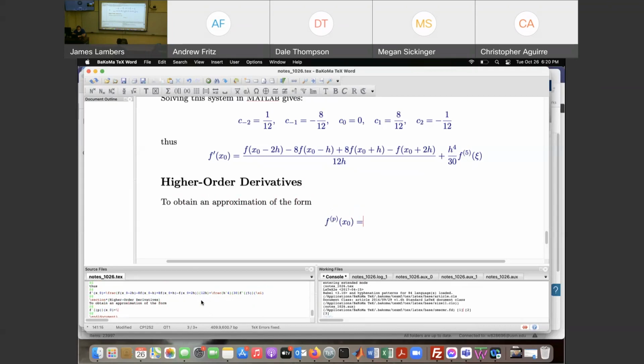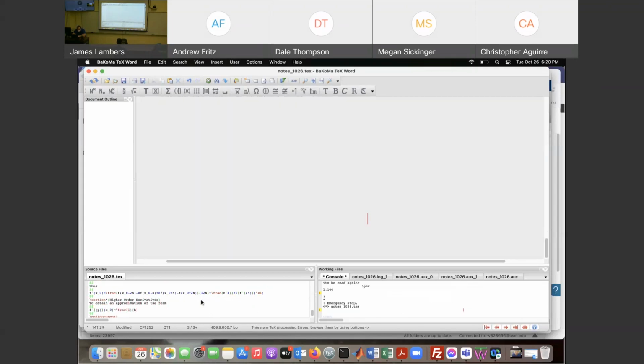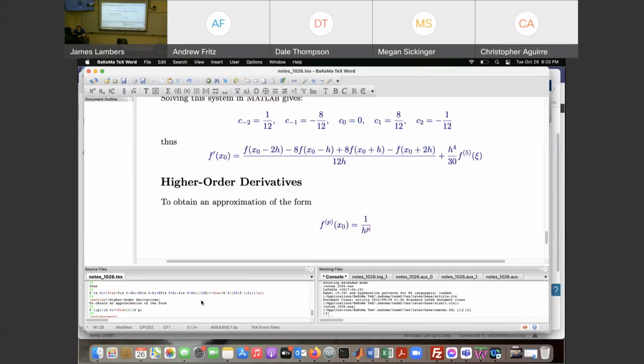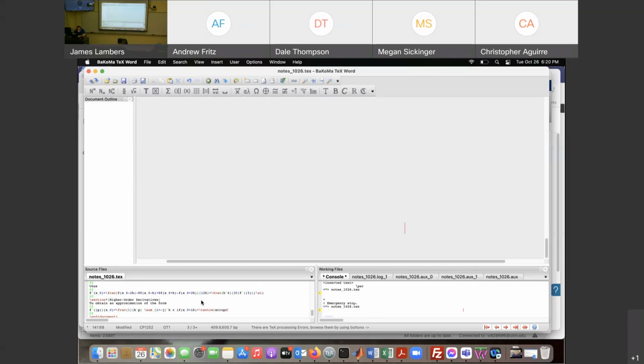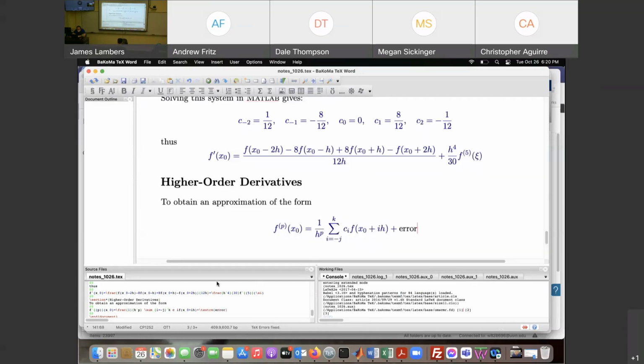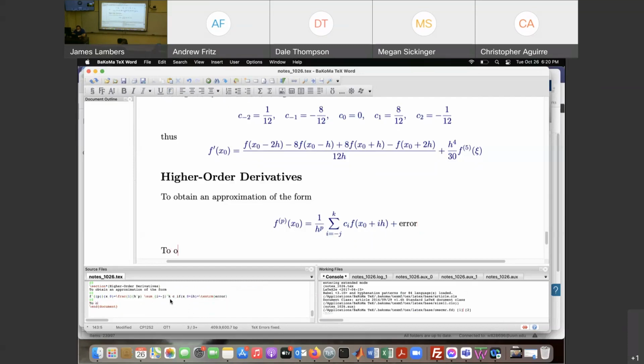That's going to be equal to 1 over h to the p, same kind of coefficients, c_i f of x naught plus ih, plus error. So we get to solve the system